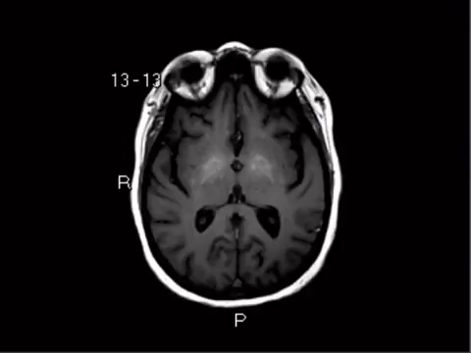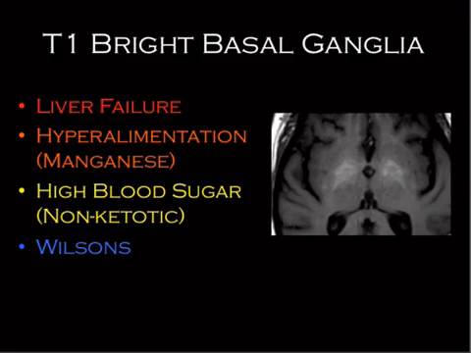Okay, so next case here. What do we have? Let's figure it out. So CSF is dark. Two things do that, right? T1 and FLAIR, but the white matter's white, so this is T1. So this is our classic T1 bright basal ganglia case. There's 4 things that you need to know that do that. If you can only remember one of them, I would remember liver failure. If you can only remember 2 of them, I would remember